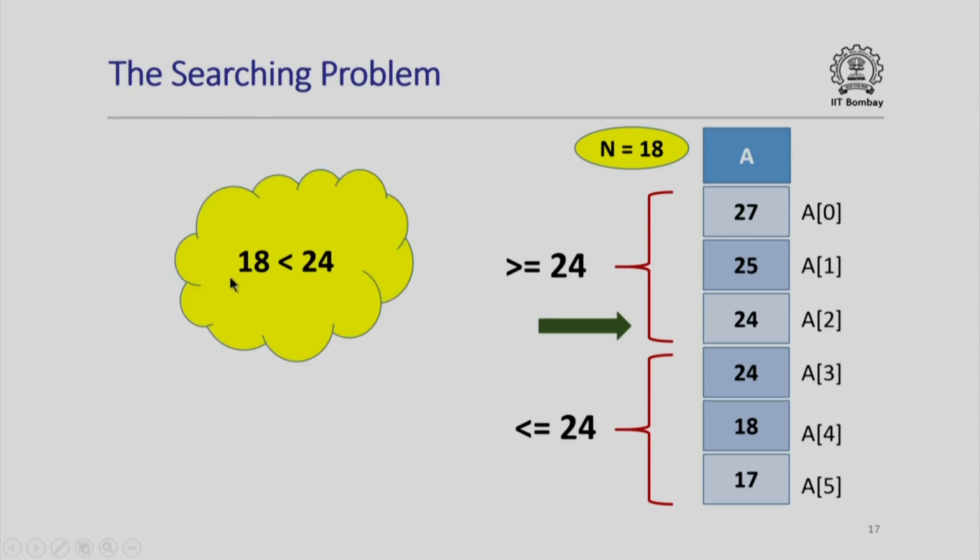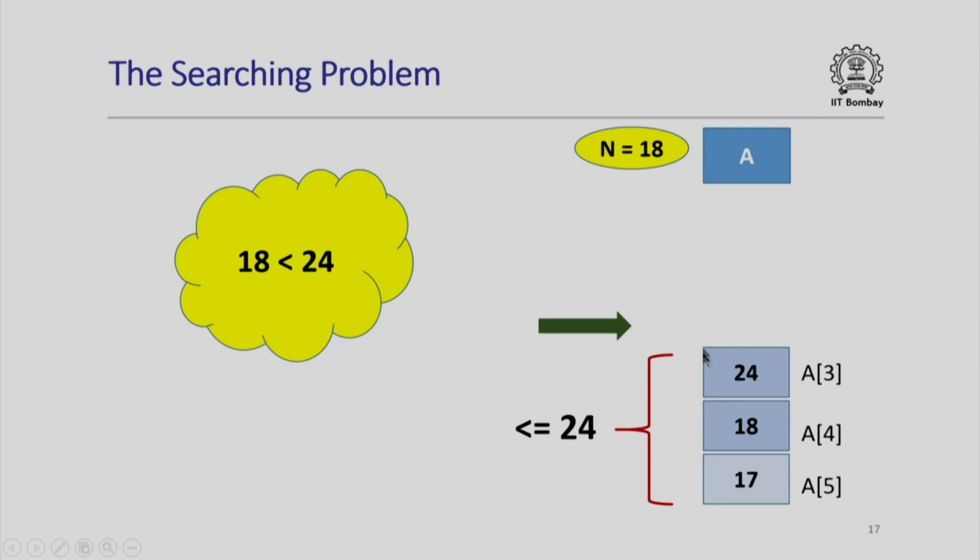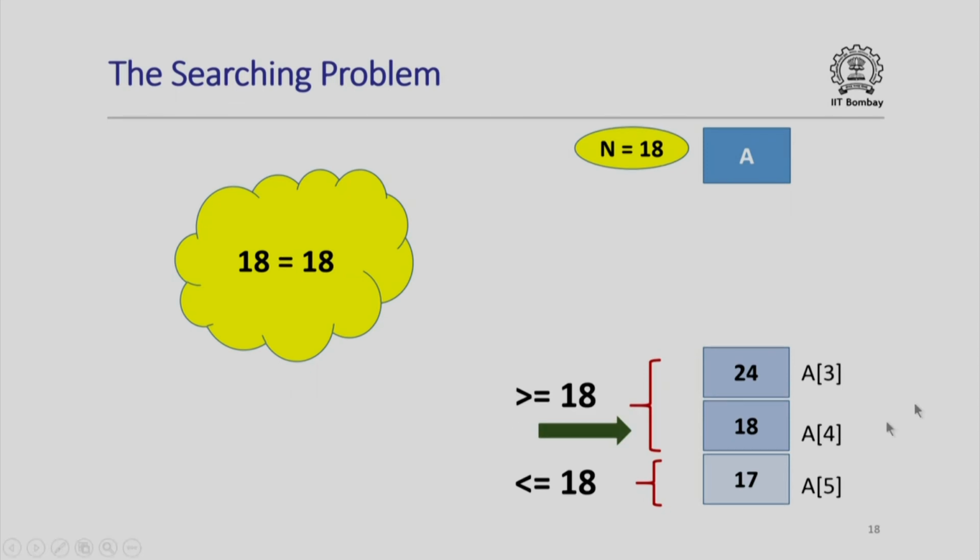So if I now compare and find out that the element that I am searching for is less than 24, I know that the top part of the array is absolutely of no use. I can continue searching only in the bottom part of the array. How do I continue searching there? Once again I look for the mid element here. In this case of course there are 3 elements, so I have chosen the mid element to be this, and once again since this is sorted in decreasing order, this part of the array has elements greater than or equal to 18, this part of the array has elements less than or equal to 18, and now I again compare the integer I am searching for with the mid element. In this particular case it happens to match the mid element, and so we are basically done.